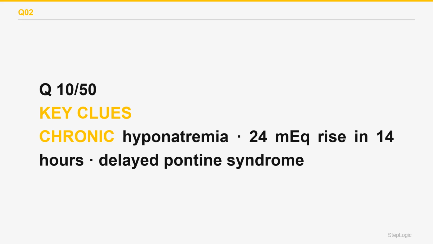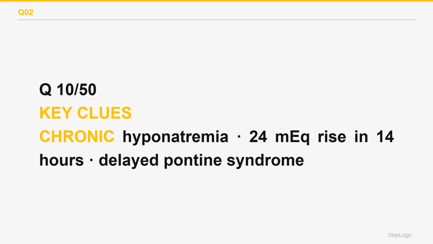In chronic hyponatremia, brain cells extrude organic osmolytes over days to avoid swelling. Once adapted, they cannot reaccumulate those osmolytes quickly. Raising serum sodium too fast makes the extracellular space suddenly hypertonic relative to the adapted cell. Water leaves the neuron and osmotic